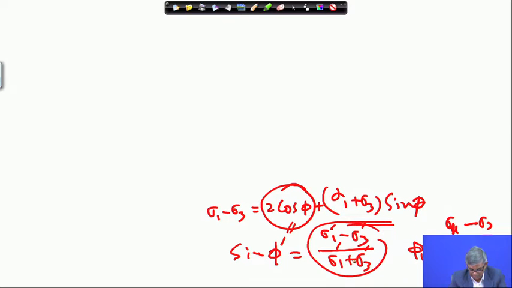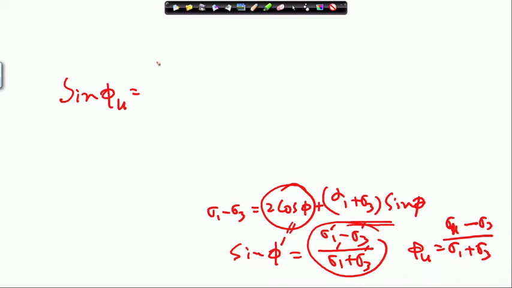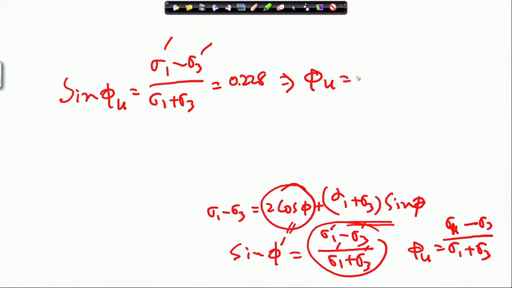So, sin phi u will be sigma 1 minus sigma 3 divided by sigma 1 plus sigma 3. If I do that, we are getting 0.22. Whatever sigma 1, sigma 3 I have got, if I put them in, that gives you phi u equal to